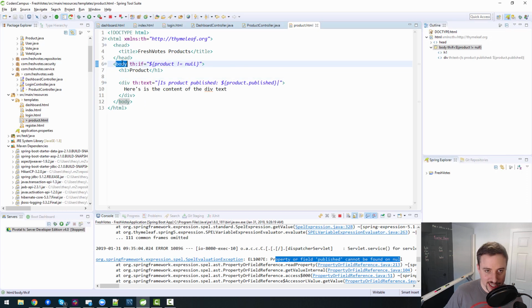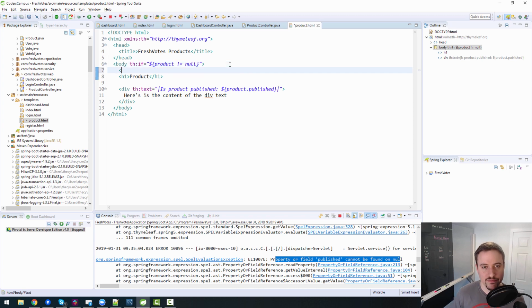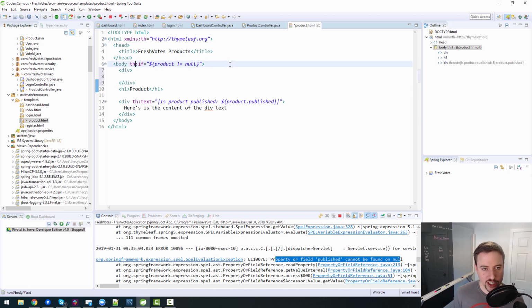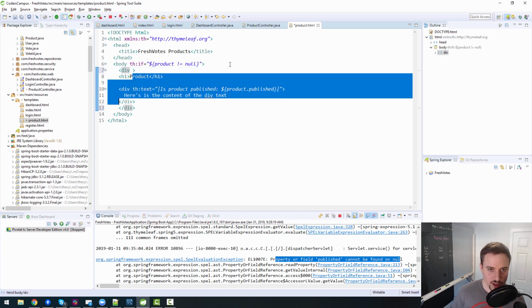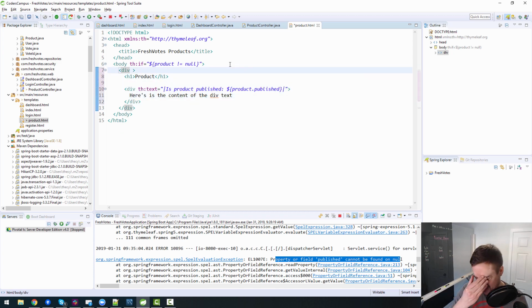So in other words, what it's doing is it won't load the body at all, which is kind of weird. I wouldn't want it to not load the body. We need to load the body to have proper HTML. But maybe we could wrap all this stuff in a div like this. And since we're going to be eventually using Bootstrap, Bootstrap will most likely have a class container here anyway. So maybe we can say class equals container and then if,